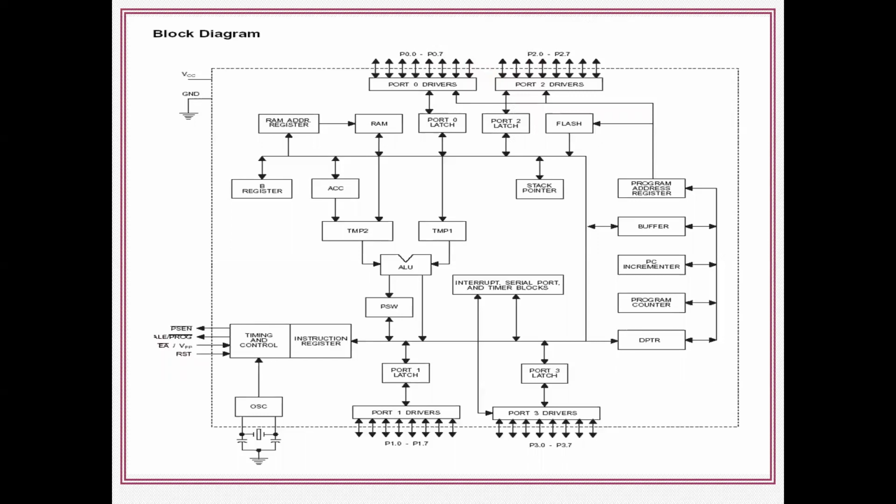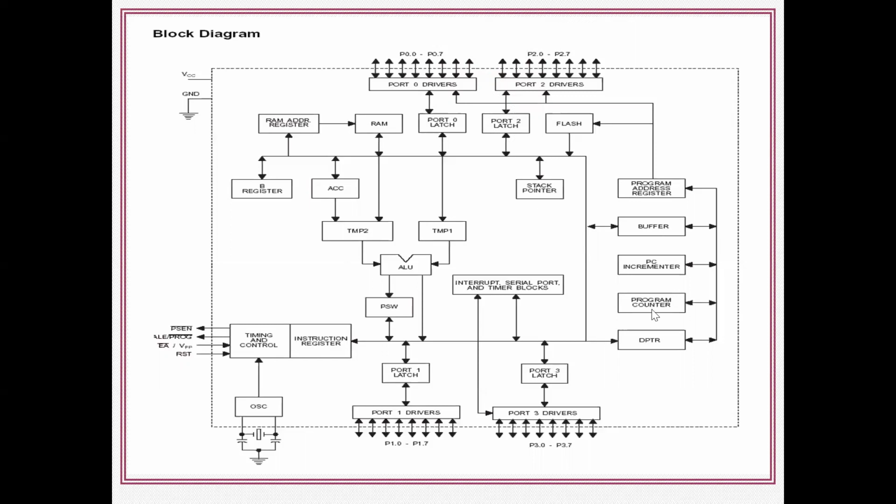In the transmitting section, the parallel data sent by the accumulator, or CPU, is converted into serial, then a start bit, stop bit and parity are added based on your mode of selection, and it is transmitted bit by bit. In receiving, the serial data is received, error correction and error detection are checked, and after completion of that process the serial bits are converted into parallel data. So internally it contains serial to parallel and parallel to serial converters.